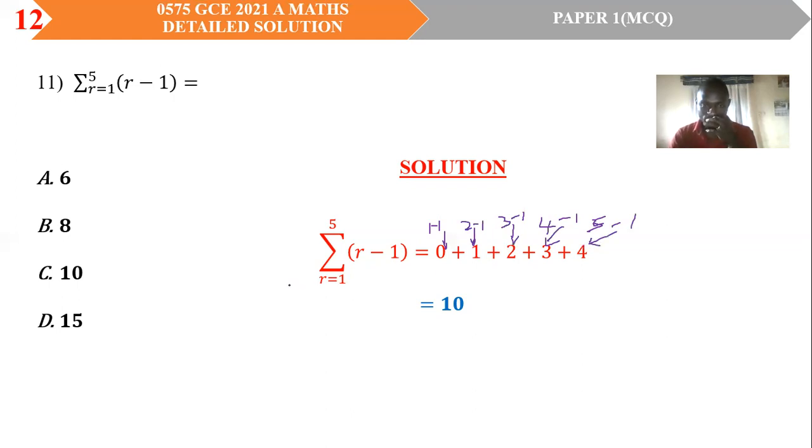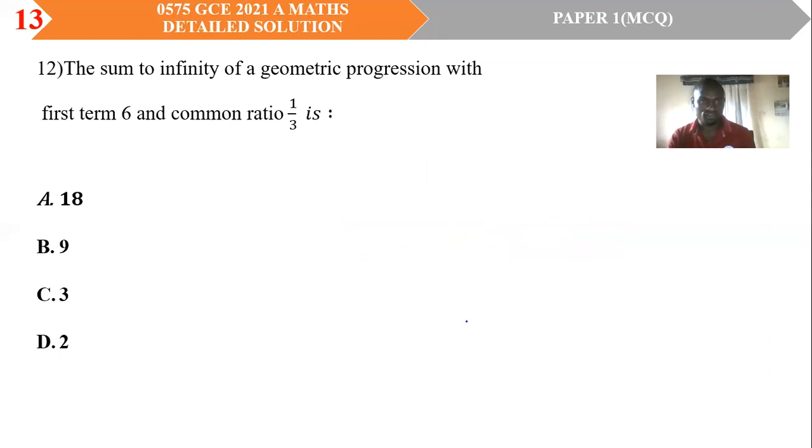Okay, now this sigma means we add. So the summation from r equals 1 to 5 of (r minus 1) is equal to 0 plus 1 plus 2 plus 3 plus 4, giving us 10. Answer C. Question 12. The sum to infinity of a geometric progression with first term 6 and common ratio 1/3 is